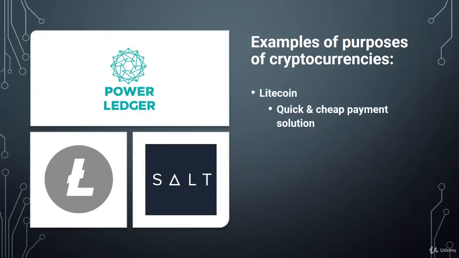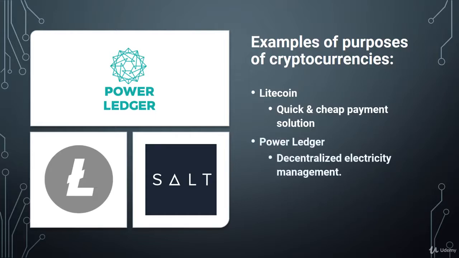For example, Litecoin is designed to mimic the purpose of Bitcoin while improving on its shortcomings, such as transfer confirmation speeds and power consumption. Another interesting cryptocurrency called Power Ledger, as another example, was designed to decentralize an electricity grid so that people can buy and sell electricity generated on solar panels on their homes without having to sell their electricity to a power company, which is the middleman. The cryptocurrency Salt, as an additional example, is supposed to be a blockchain-backed loan platform,